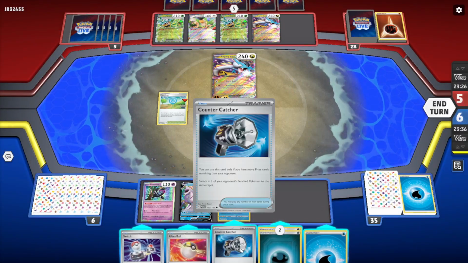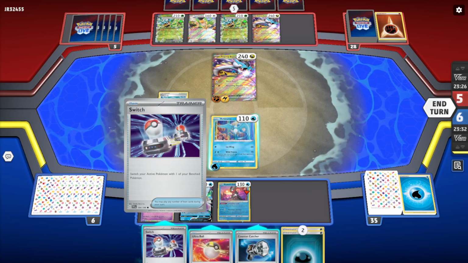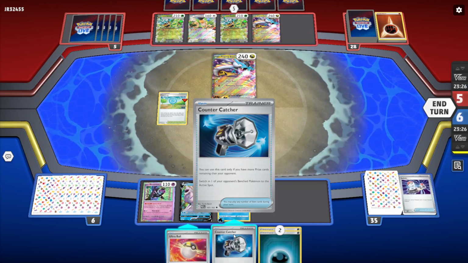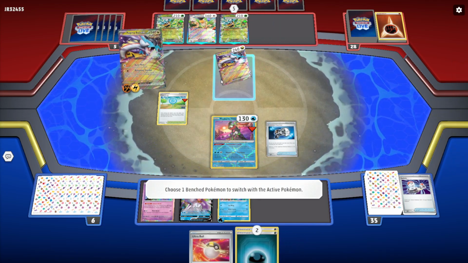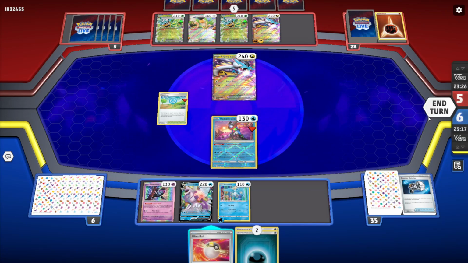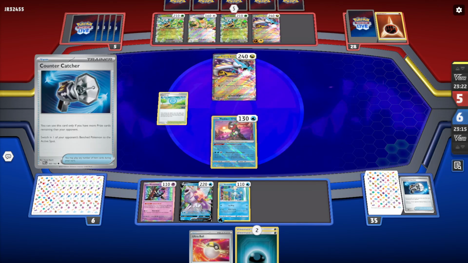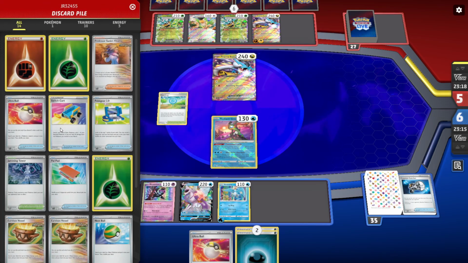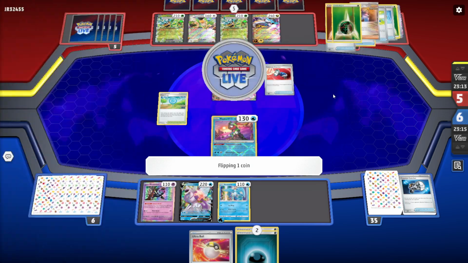And then what we can actually do here is attach the Water Energy, sack our Greninja, and then Counter Catcher the other Raging Bolt into the active, just to make it a little bit more annoying, force them to spend out a couple cards. Since what we want to be able to do on our next turn is force them to spend out the Vitality and things like that in order to...